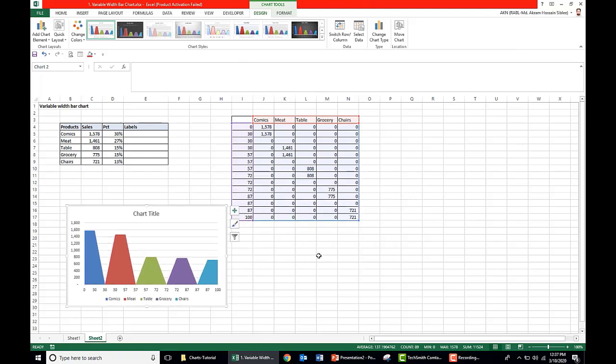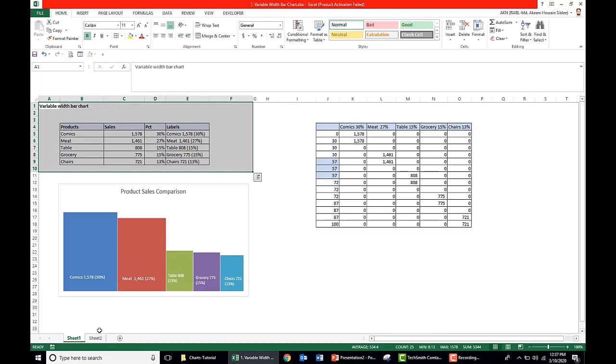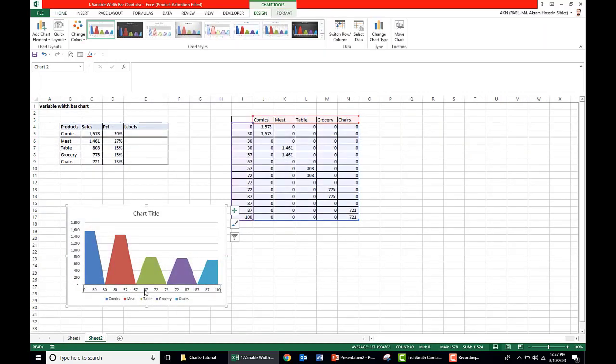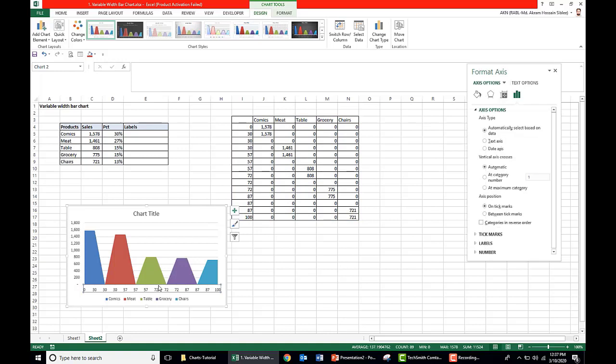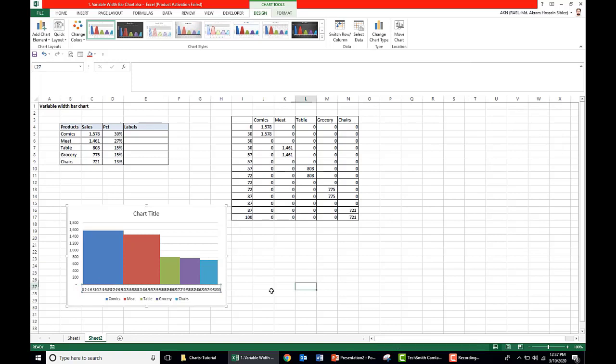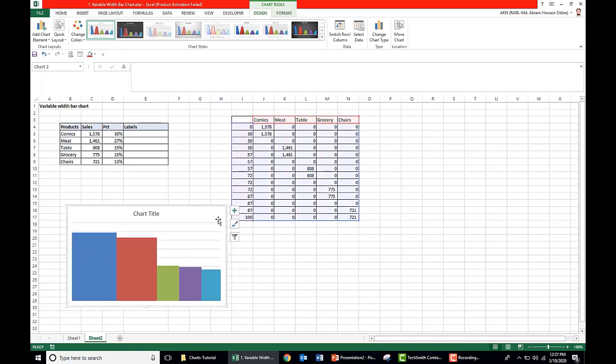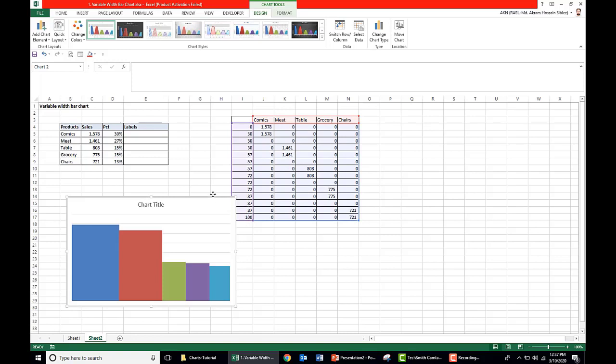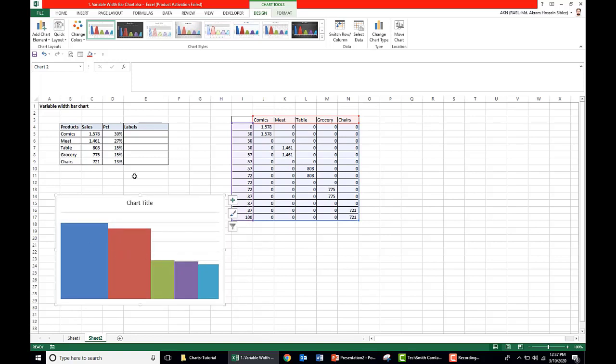So actually this is the area chart. Now this area chart is not like the bar chart that we need. So we need to adjust the axis: select the axis, right click, Format Axis, and select axis type as date axis. Now we need some formatting. Remove the axis, remove the legends and also this axis value. Here we put custom labels as the data labels, and remove the grid lines.